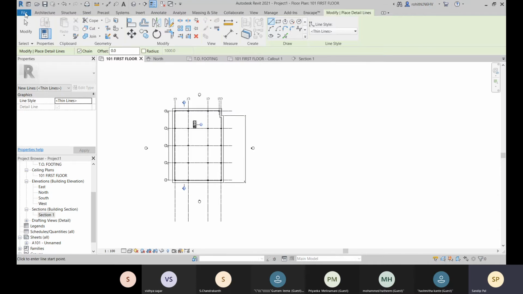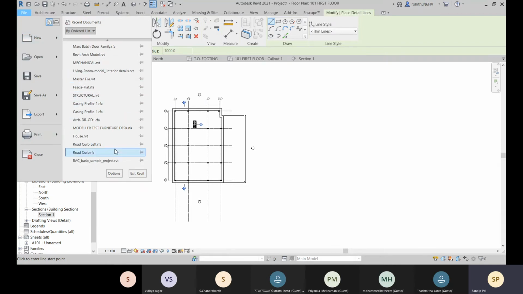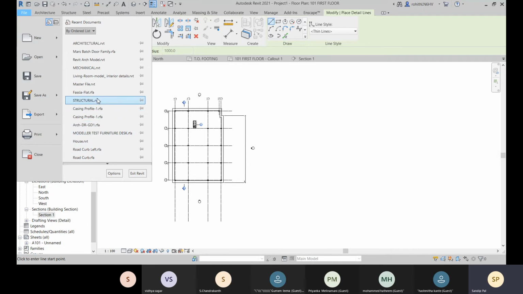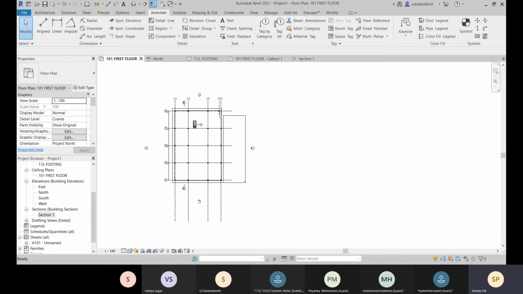So let me check. I have one already created. Just a minute. Let me open it. Okay, so give me a minute. Let me go to that file and let me check. Okay, so now let me open it over there.